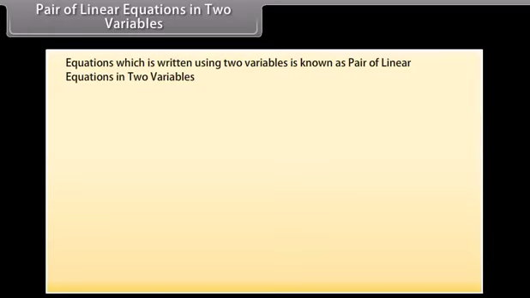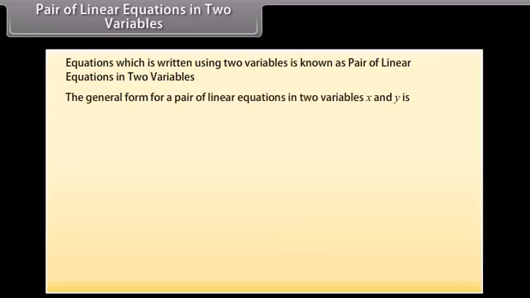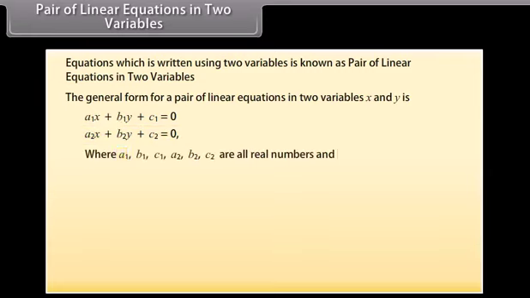Pair of linear equations in two variables. Equations written using two variables are known as a pair of linear equations in two variables. The general form of a pair of linear equations in two variables x and y is a1x plus b1y plus c1 equals 0, a2x plus b2y plus c2 equals 0, where a1, b1, c1, a2, b2, c2 are